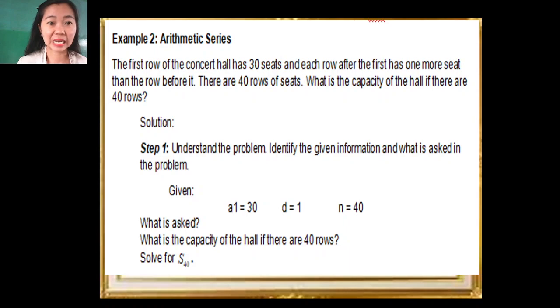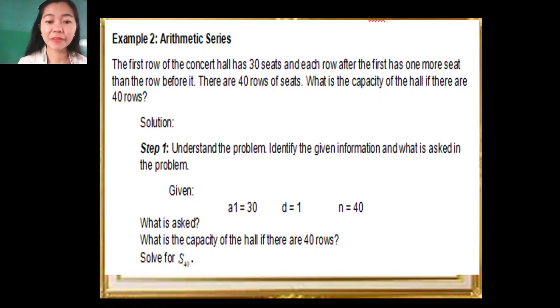So again, this is an arithmetic sequence, but this time it involves series because we need to find the capacity of the hall if there are 40 rows, meaning total number of chairs or total number of people that the hall can accommodate based on the number of chairs in each row. So we are going to add, finding the sum. Analyzing the given data, we have 30 seats in the first row. Thereafter, madadagdagan ng 1 more seat. So meaning,